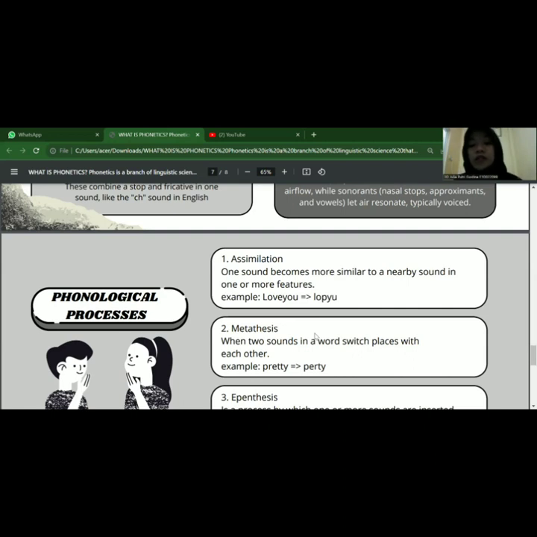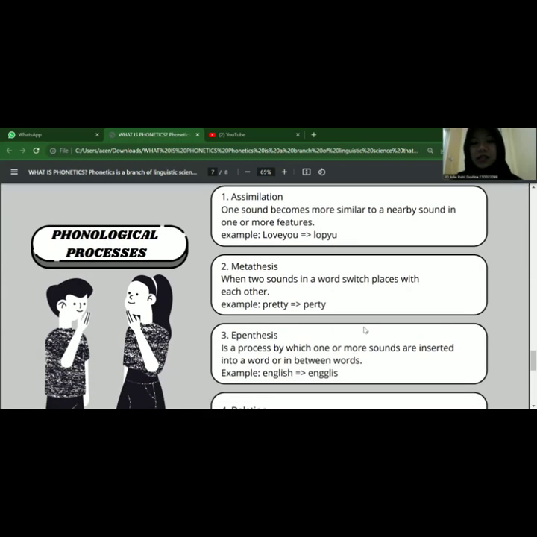metathesis, when two sounds in a word switch places with each other. For example, "pretty" or "perty". So we can say metathesis is when we typo when we pronounce the word, like when we want to say pretty, but we said it differently. I always typo all the time. And the next one is epenthesis, a process by which one or more sounds are inserted